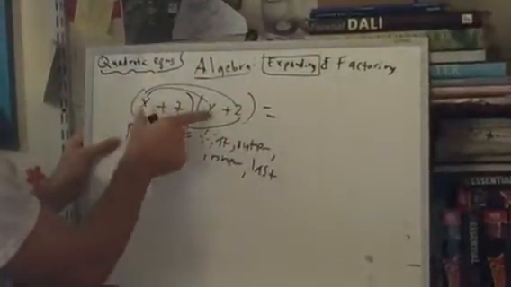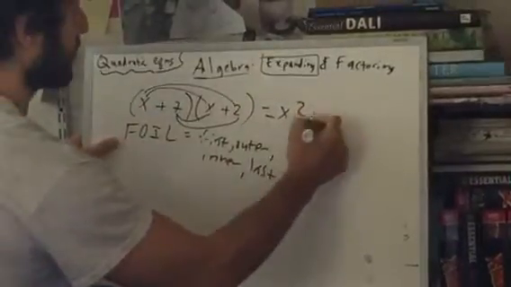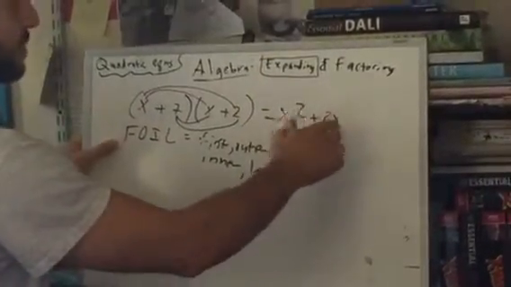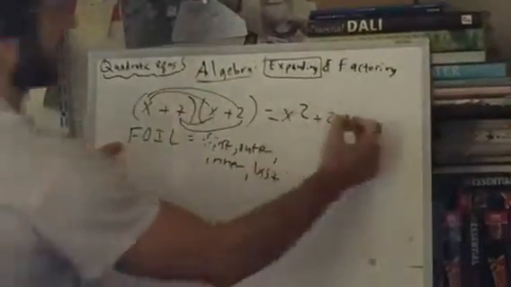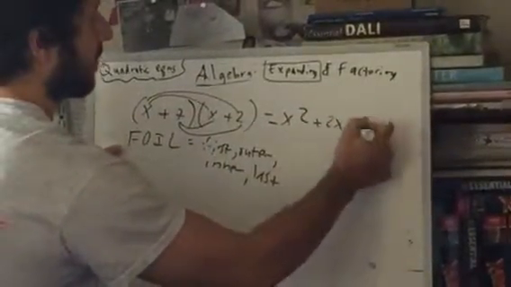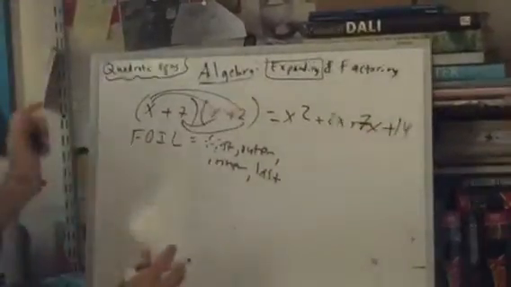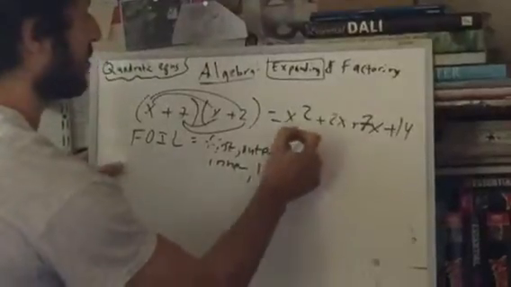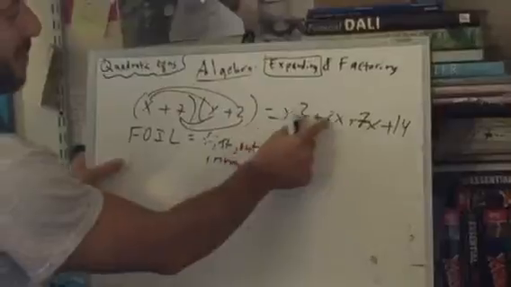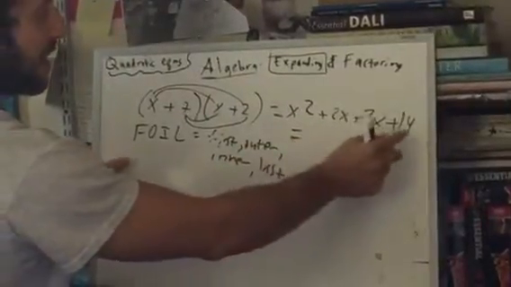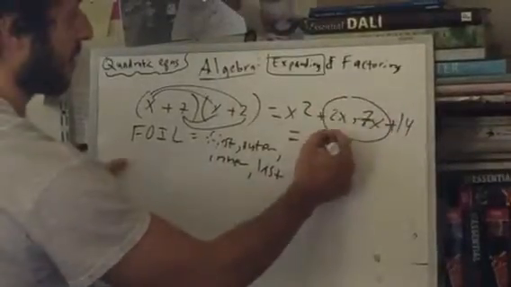And what we're doing is multiplying. So x times x, x squared. X times 2 is 2x. You don't want to write x times 2. We want to write the 2 first. That's the traditional way. 7 times x, 7x. And 7 times 2 is 14. All right. Now at this point, we are going to simplify this. And the only thing we can simplify, an x squared cannot be combined with an x term, and the number term can't be combined with anything. So the only thing we can do is right here,